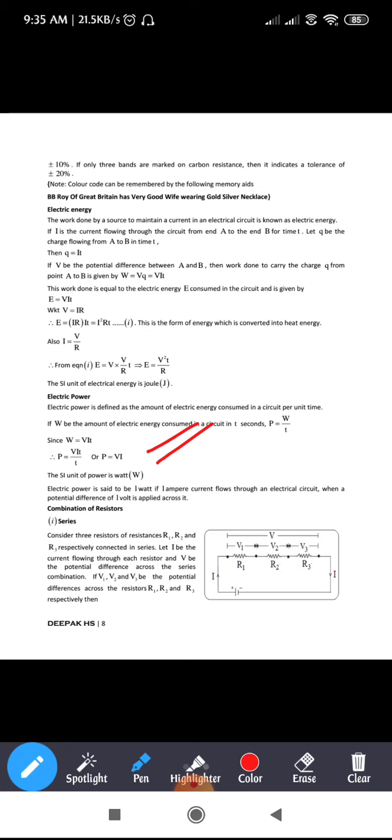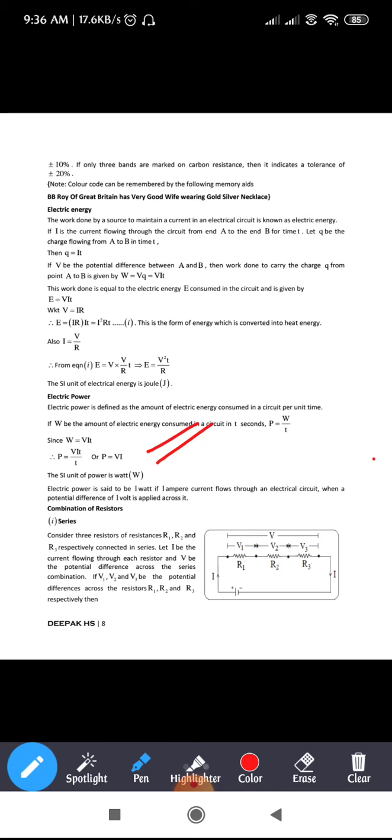Okay. So this is regarding the electric power. Electric power is nothing but electric energy consumed per unit time, and the SI unit of T is always second. Okay. So hence we are going to calculate the electric power in terms of seconds. What is the amount of electric energy consumed by a given appliance in terms of seconds?